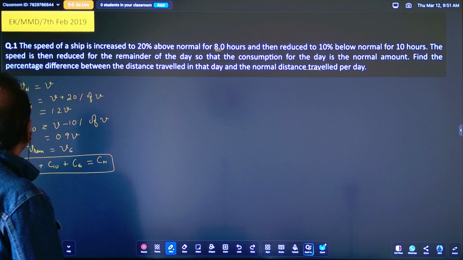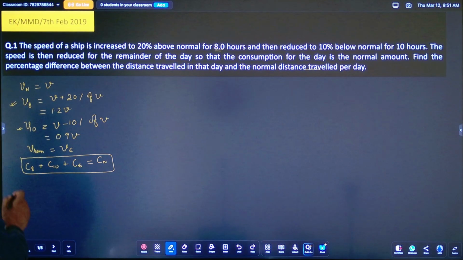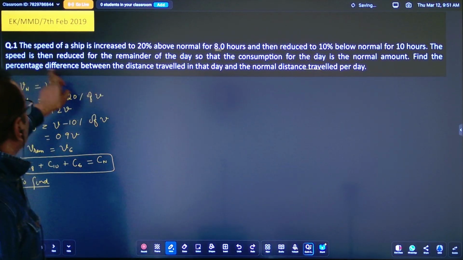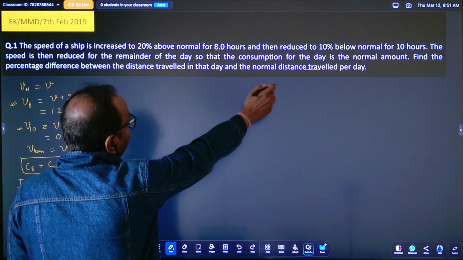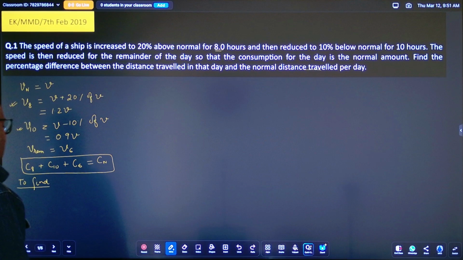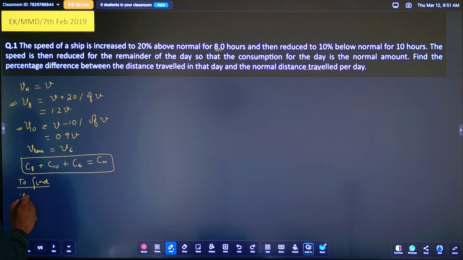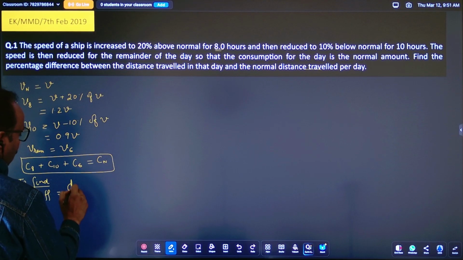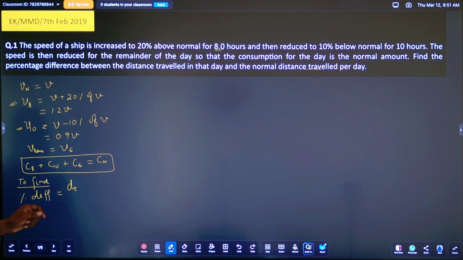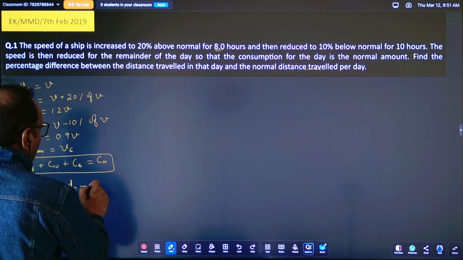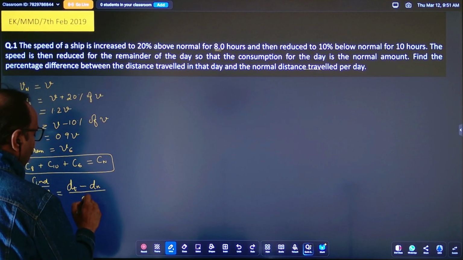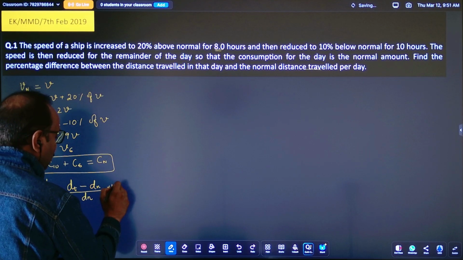And what is it asking for? To find is percentage difference between the distance traveled in that day and the normal distance traveled per day. So if we say that on that day the total distance covered was dt and in the normal days the total distance covered is dn. So as per question this is being asked,